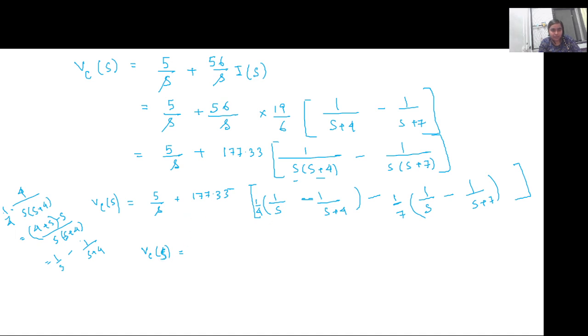Let's simplify the expression further by extracting the 1 by s terms together. So it is 5 plus 177.33 by 4. We are just taking this outside and clubbing it with the first term since all these are 1 by s. Then 177.33 by 7,